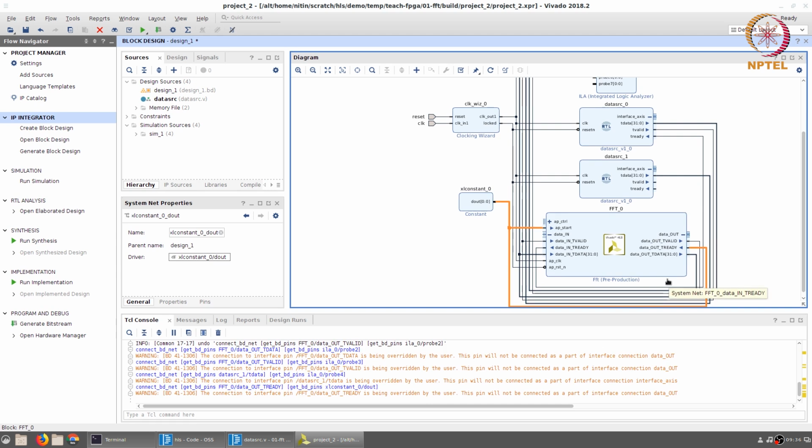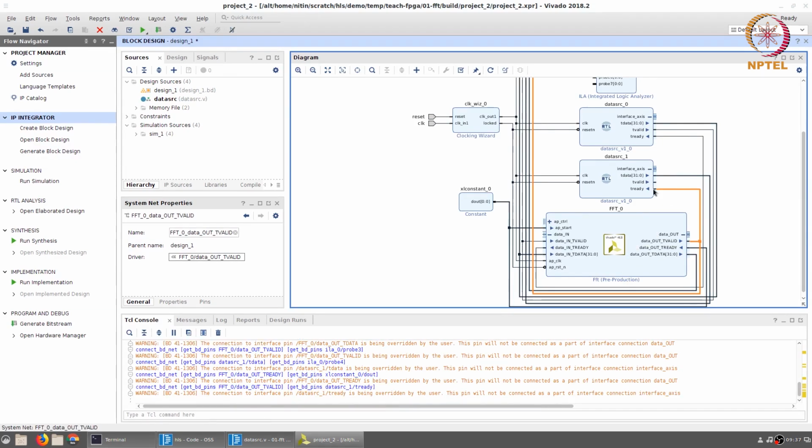The next question is, what about the data source underscore 1? That too needs a ready signal. What do I do with it? Well, whenever the FFT has generated valid data, I will use that signal to trigger the next output coming out of the data source underscore 1. I don't really have any better way of knowing when the data source underscore 1 should generate outputs. As you will see, now everything is pretty much taken care of. It's just that the T valid output of the data source underscore 1 has been left unconnected.